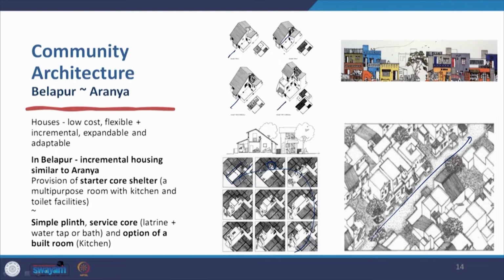Rather, I think I am going in the wrong direction, but you can study it later, how he is building on it and increasing the overall size, how incrementally the house is growing. So in that process of incremental growth, it is identical to Aranya, but it is more controlled. The overall expanded house is more symmetrical in its final product versus Aranya, where various kinds of facades or various kinds of houses can come up.